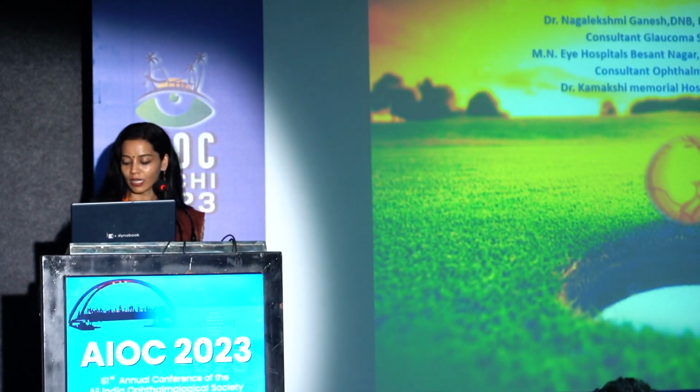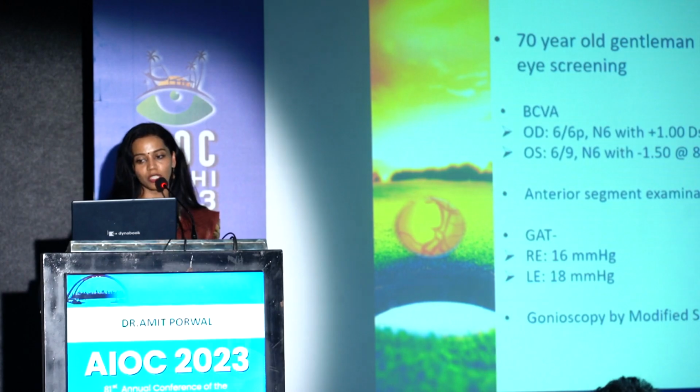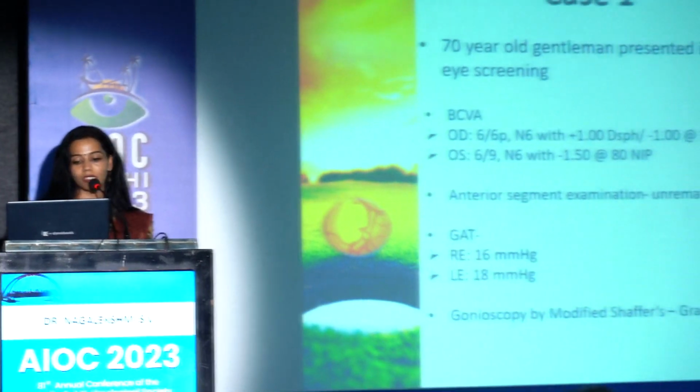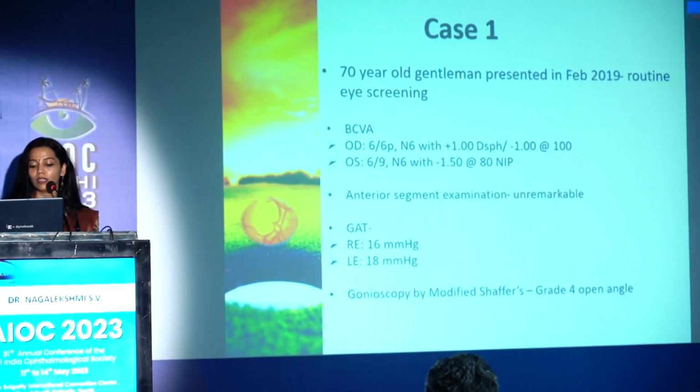different aspects of NTG management. So the first one is a case of a 70-year-old gentleman who presented for a routine eye screening with the intraocular pressure of 16 and 18 millimeters of mercury in the right and the left eye, an open angle by